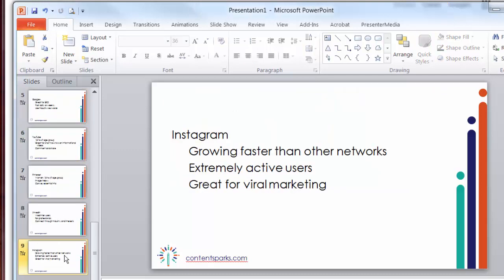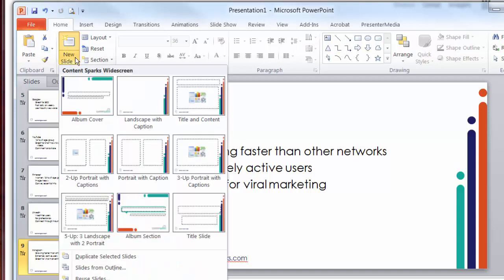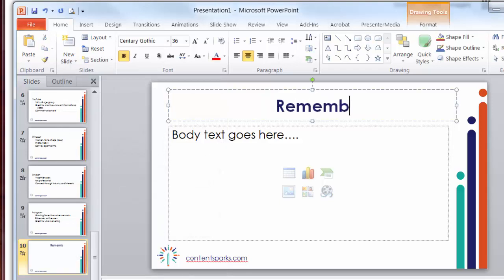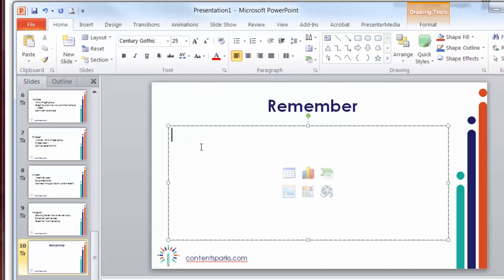At the end, you don't want to end it abruptly, so you'll need an extra slide which closes it out, so a conclusion or a remember, and then a call to action slide so that you do have it as one complete presentation. So you would just go into new slide, maybe duplicate the selected, or just pick another one and then add your content on there. So it could be remember, and then put in some text in there,